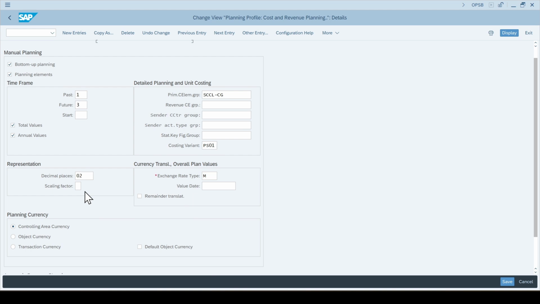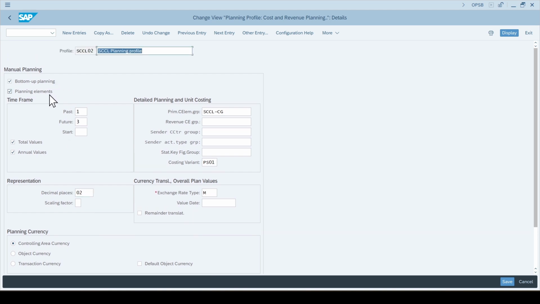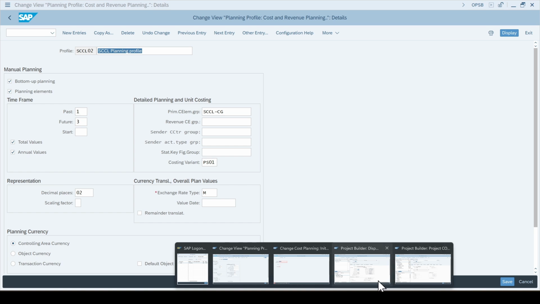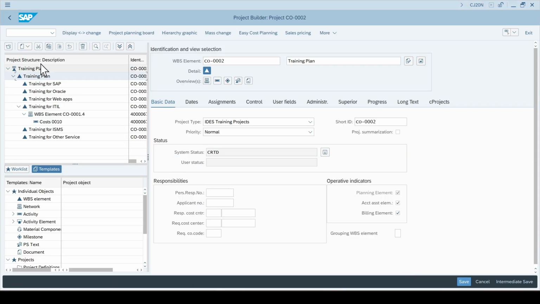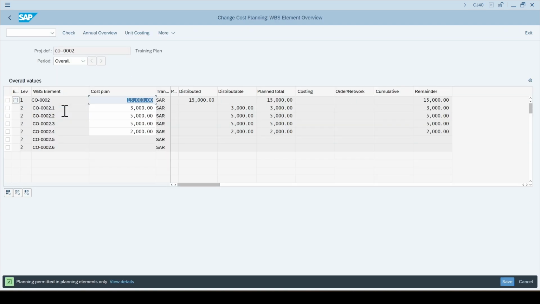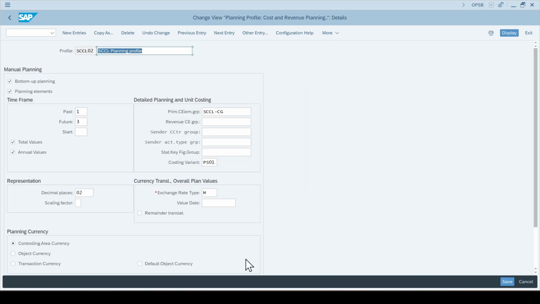So this is the bottom up planning and the planning element and total value. Once when you select the total value, what the system is doing is, once again, we need to go back to the project here. From here, we need to access CJ40. Overall is, I have selected two options. One is